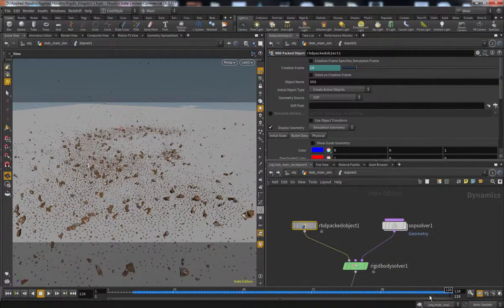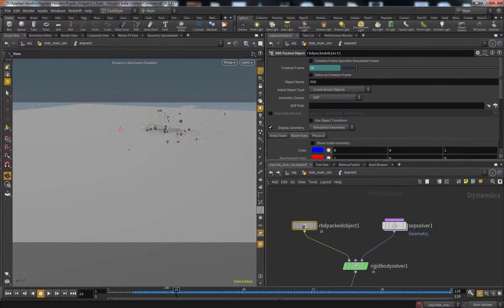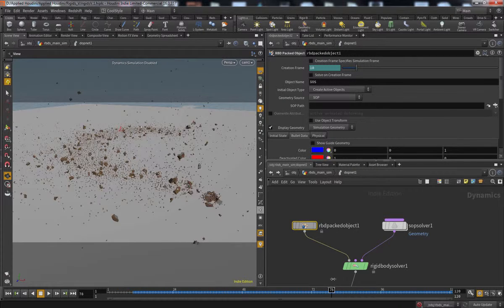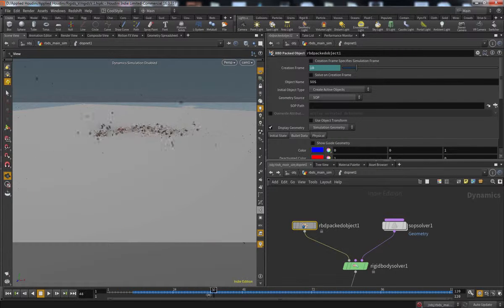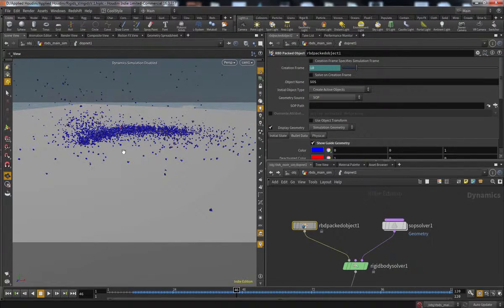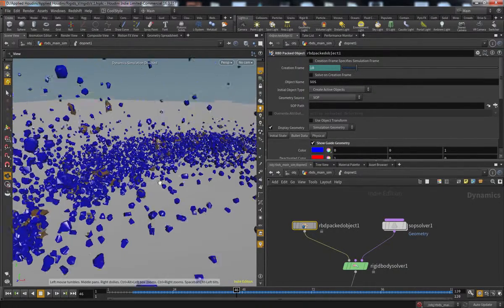So let's go down here. I'm going to disable the sim so that we can still scrub the cache. Let's look at some frame. Try to choose a frame that doesn't have too many pieces. We're going to click over to this bullet data thing here. Click show guide geometry. It'll take a little bit, even on a nice computer, to visualize those collision holes for